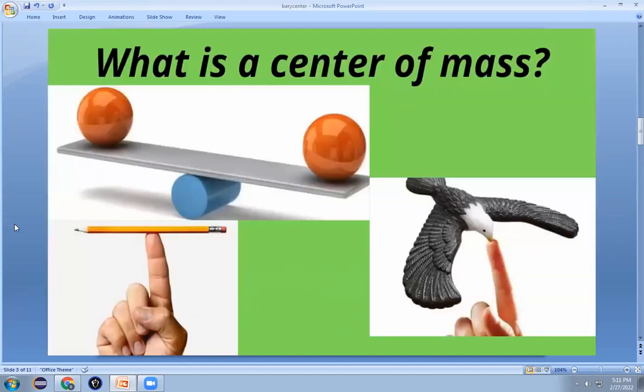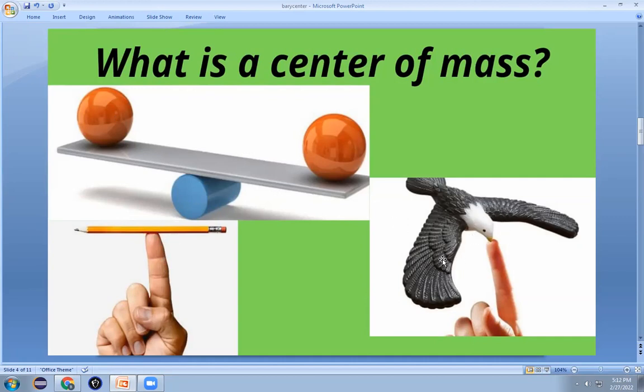So now, before going to learn about barycenter and everything, first we should understand what is center of mass. Every object has a center of mass. It is the exact center of all the material an object is made of. For example, in the first picture, you can see a slide. It is the center of the material of which it is made. In the second picture, you see the pencil. The point at which this finger is situated is the center of mass of the pencil.